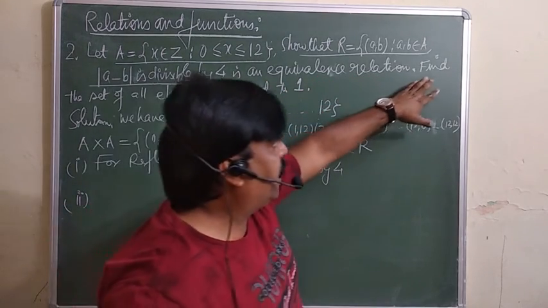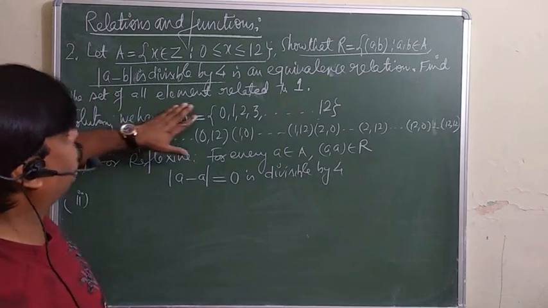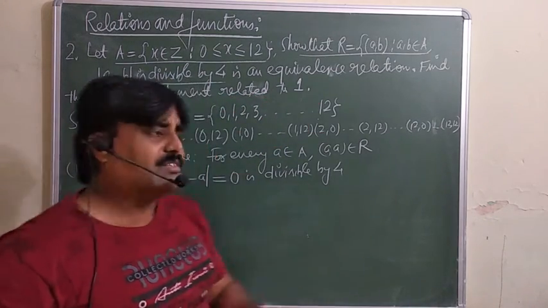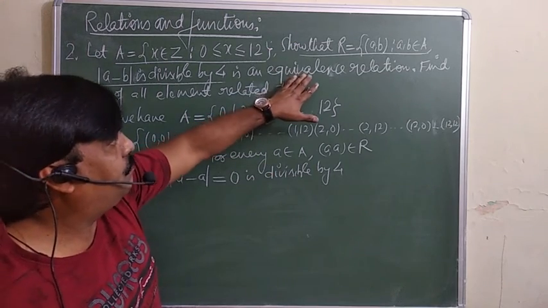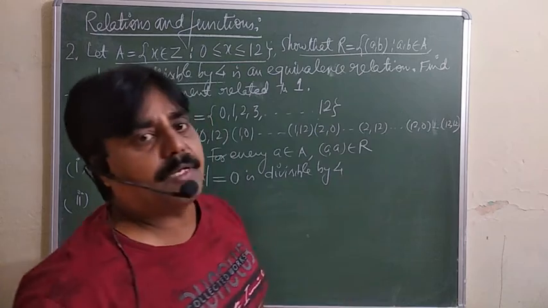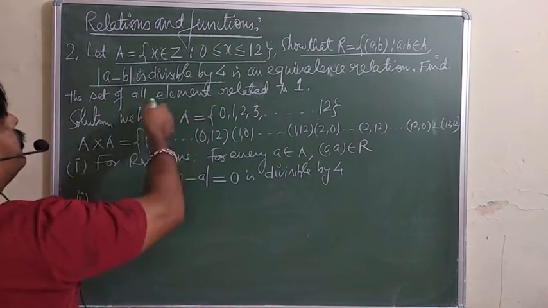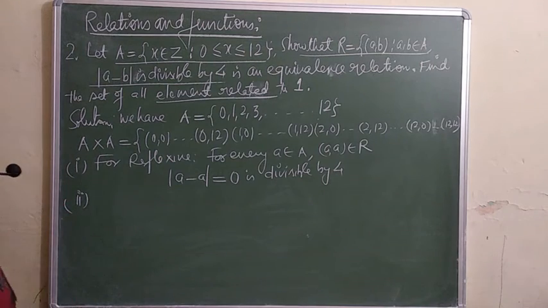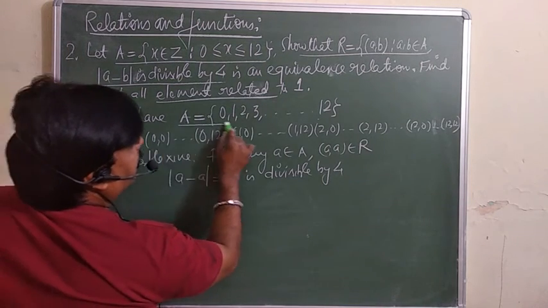Number one. Second is saying find the set of all elements related to one. That is the equivalence class we want to discuss. So need not worry for the second one. We are giving more emphasis on the equivalence relation. Equivalence relation पर हम ज़्यादा emphasis करेंगे. ये मैं discuss कर दूँगा कि related to one equivalence class कैसे निकालते हैं. That I will discuss. देखिए.